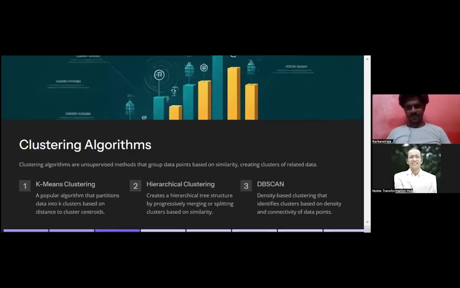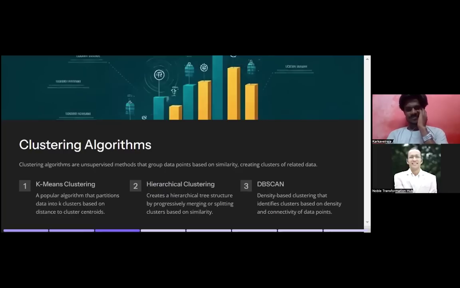Clustering or groups are the same thing. They make different groups or clusters based on similarity. And K-means clustering is a popular algorithm that partitions data into K clusters,